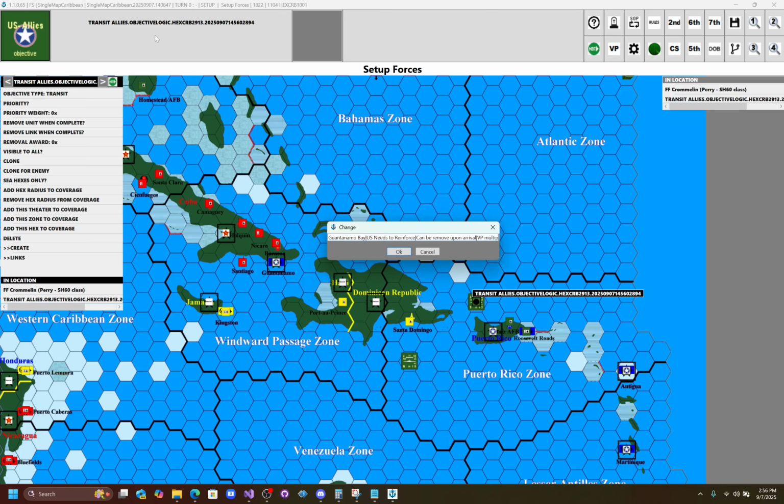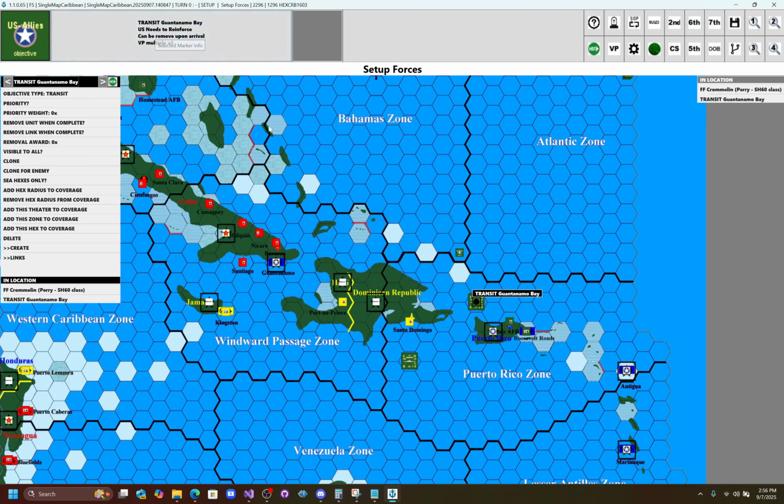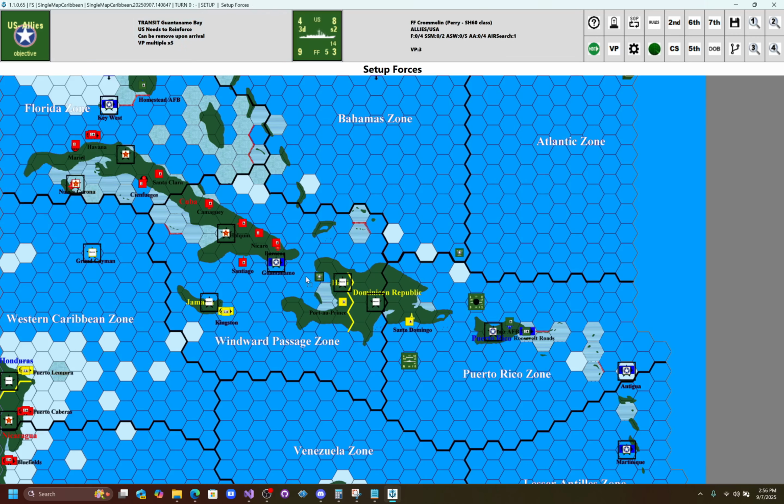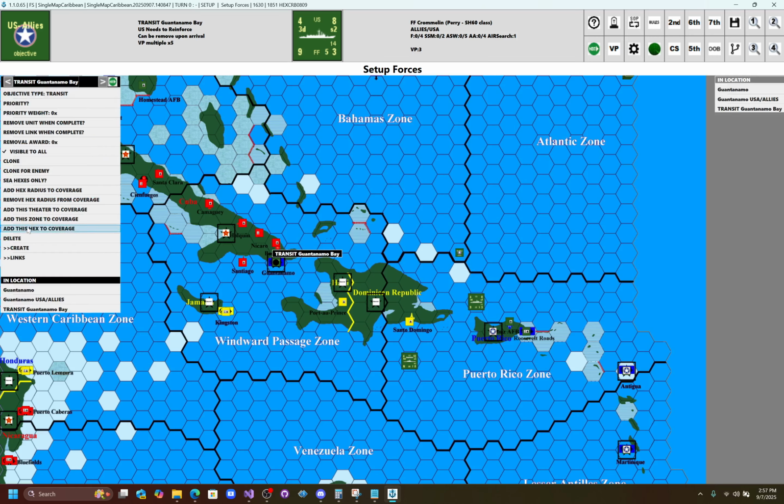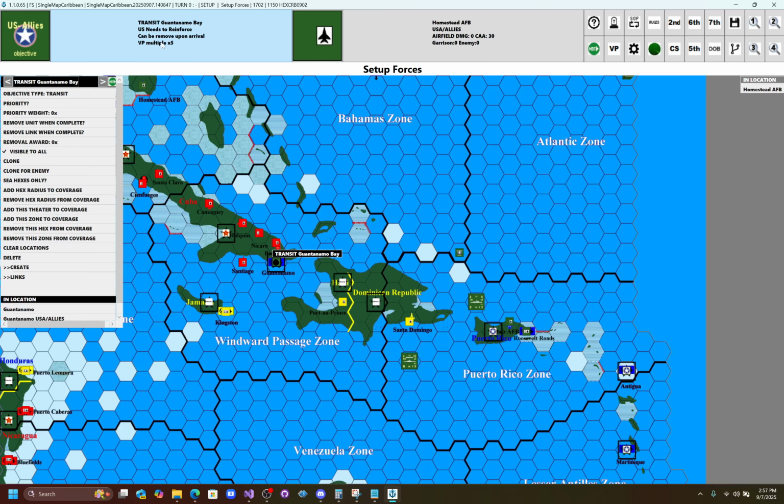VP multiple times 5. Bang. Okay, so now I've got a bunch of information on it. If I put that information on it, most likely I'm going to set it to be visible to all, right? So now both players can see that there is an objective over here, in this hex coverage. I wrote VP multiple of 5, but what makes it an actual VP multiple of 5? Well,